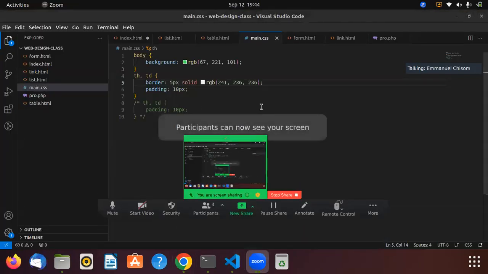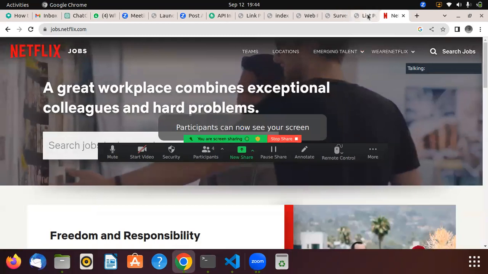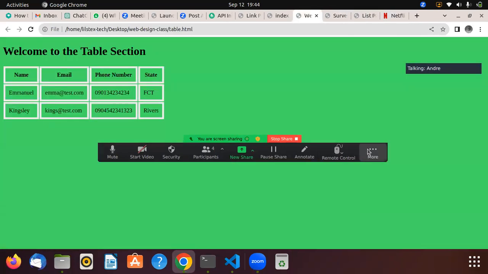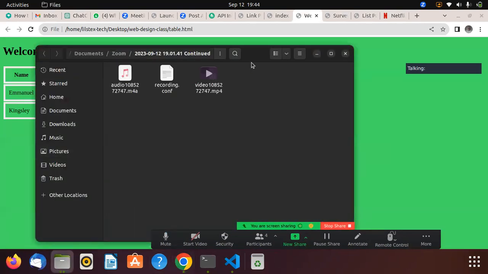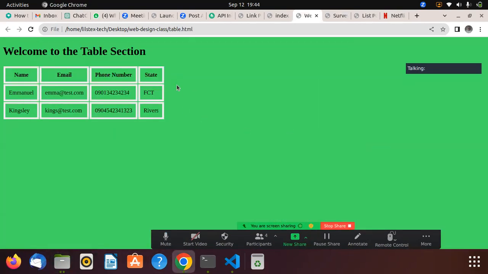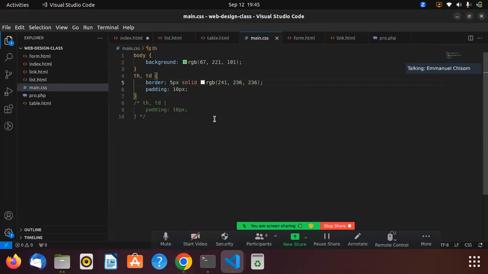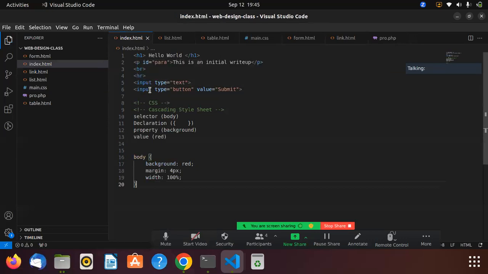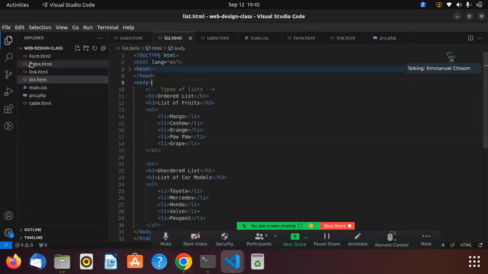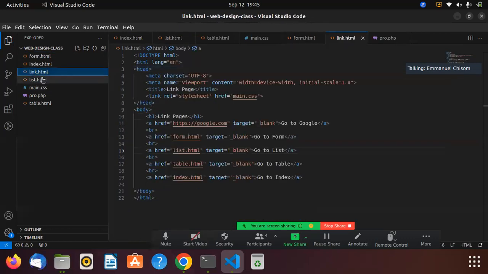Okay. So all right. So you can actually increase the width of the border line. So that is it. So I've talked about forms, lengths, lists,